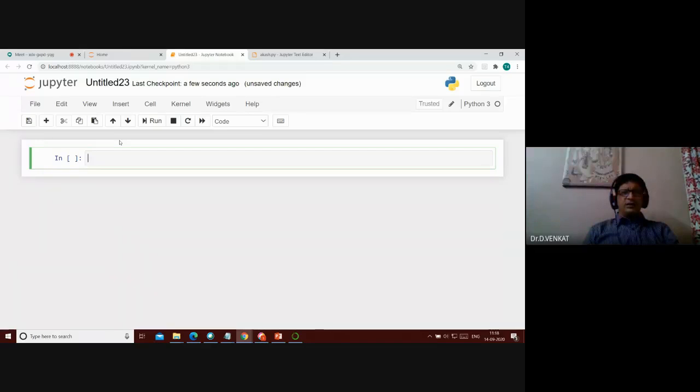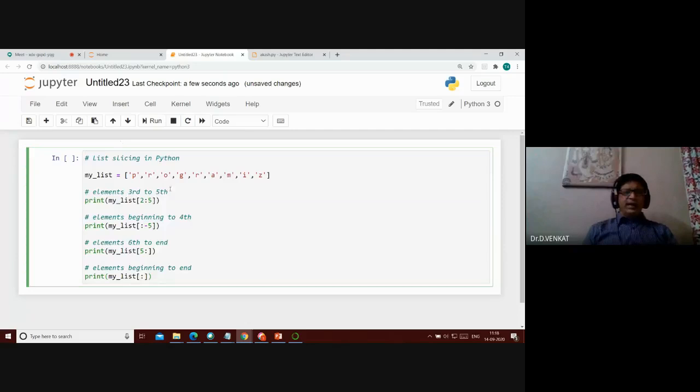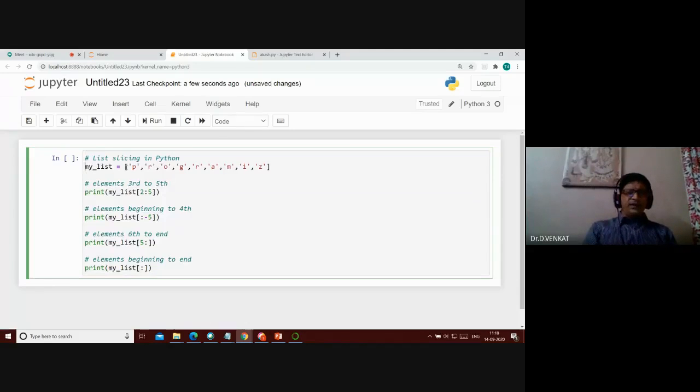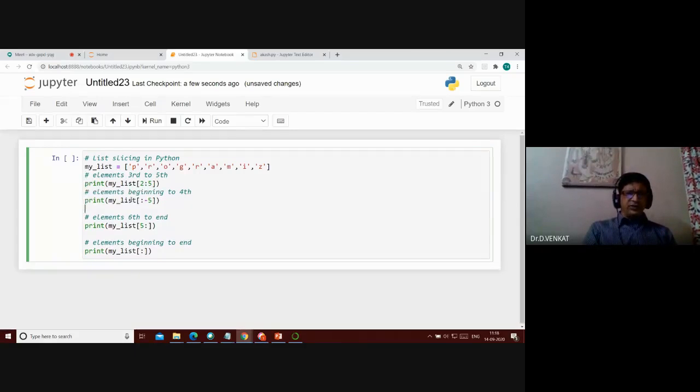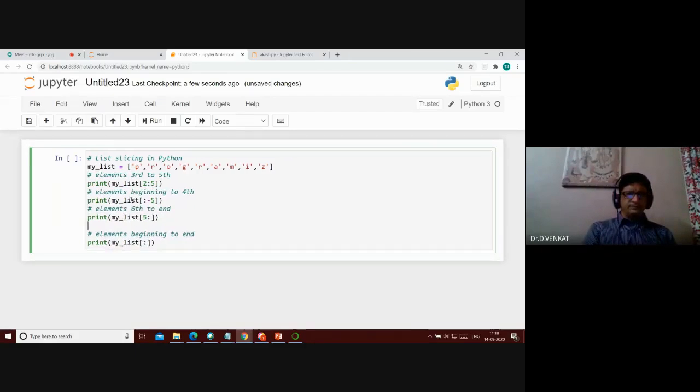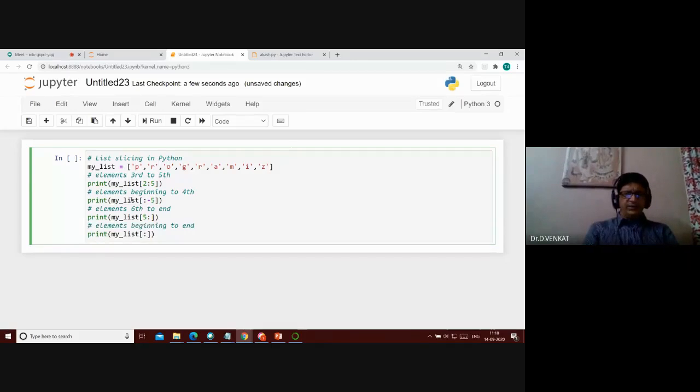Are you able to do that? So then you can copy the source Python code. For example, in this Python code, I am defining one small list, a set of characters. Okay, so I will copy this code and put it in a chat window for you, so that you can just try. A simple code I'm going to copy and put in the chat.